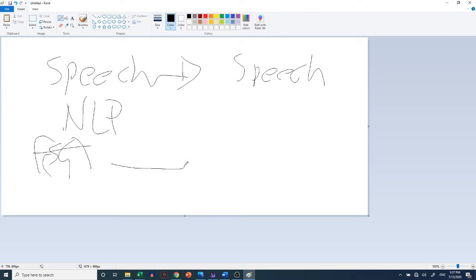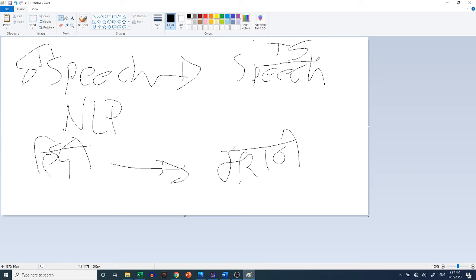And once we have Hindi words, we have already developed algorithm to get the Marathi words. So this is where speech to text, and here text to speech will come. They are typically called TTS and speech to text conversion.